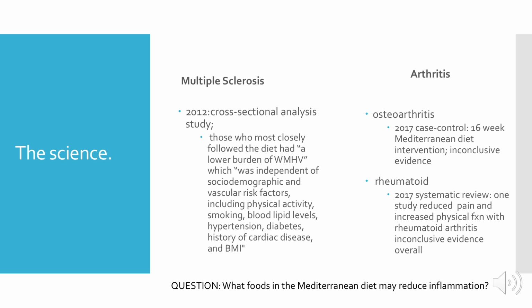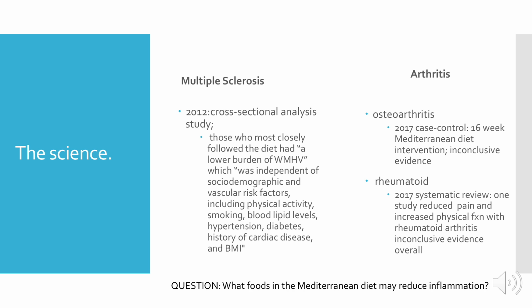So when we look at the science behind the Mediterranean diet's influence on MS, it shows potential to lower the burden of something called WMHV in patients. And what that stands for is white matter hyperintensities, which is a mouthful, but what that really means is chronic small vessel damage in the brain. And this cross-sectional analysis suggests, though, that there should be more research for the Mediterranean diet's relationship with neurodegeneration in